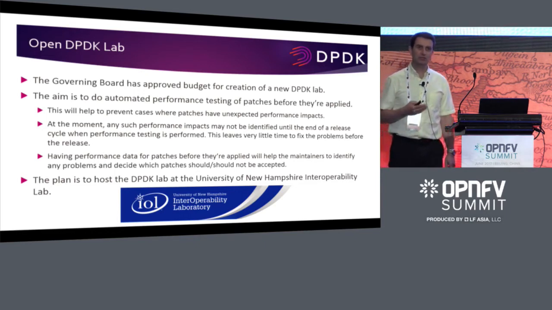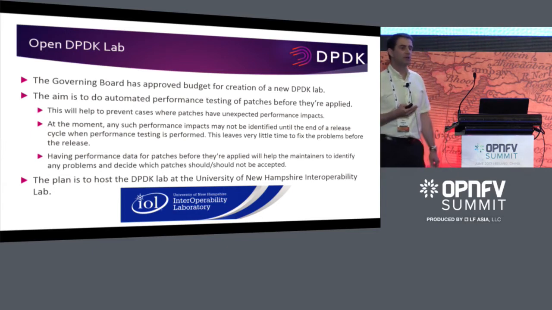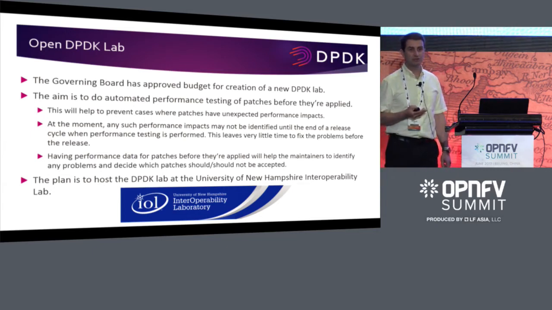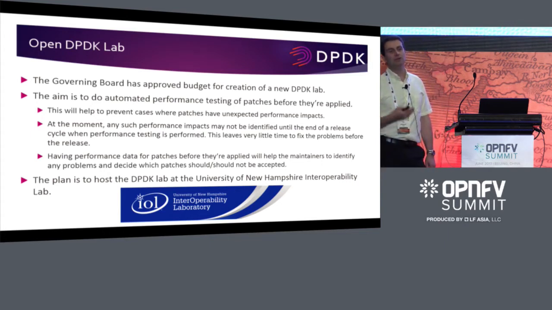So we've had lots of discussion in the community about can we find those performance issues faster? So can we, when patches are submitted, automatically test the performance of them and determine whether there's a performance regression caused by that set of patches or not. And this would then be an extra input to the maintainer. And the maintainer, for the relevant area, would still make the final decision on whether to accept that patch set or not, because sometimes you do have to accept changes that have a detrimental impact on performance, but you should do that forearmed with the knowledge of exactly what that performance impact is.